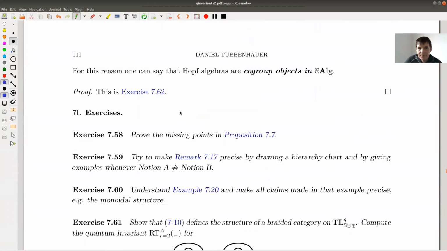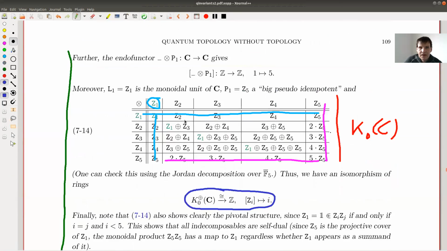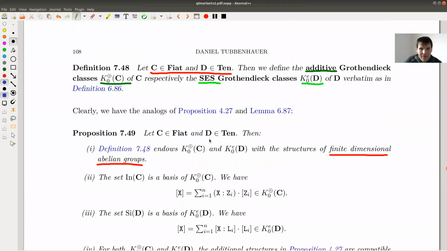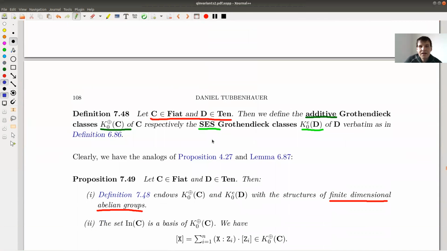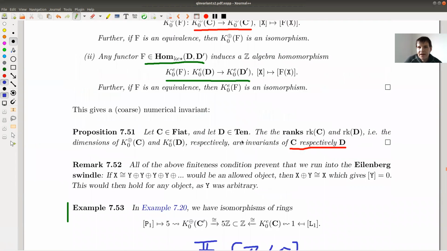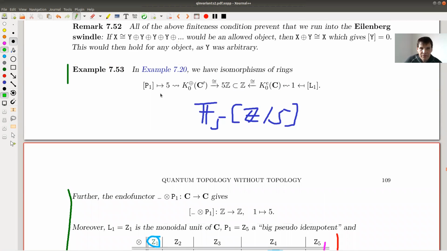Okay. So the last thing won't be too bad anymore. We're almost done. Very quick. So what I've done here is I explained to you very briefly, of course, because I'm running very bad on time as usual, that either of those two notions, Fiat or tensor, if you take the additive or the exact Grothendieck group, you will get a finite dimensional algebra. And the structure constants of the finite dimensional algebra, I give you an example here for my favorite running example